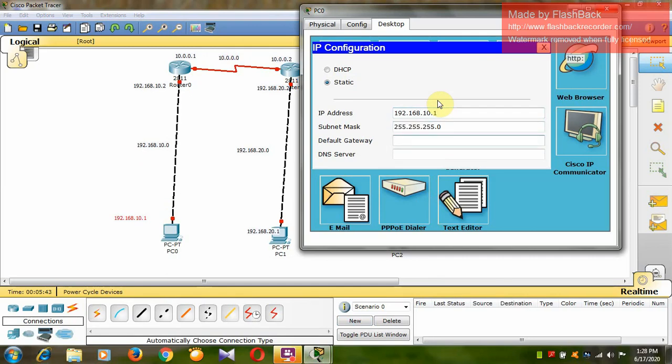It will automatically take the default subnet mask and default gateway. My default gateway is nothing but the IP address of this port, since for this network this port will act as a gateway. Therefore, my default gateway will be 192.168.10.2.